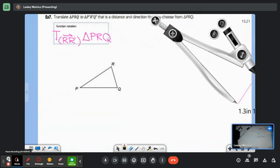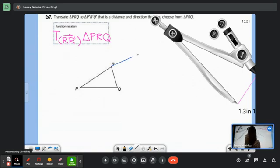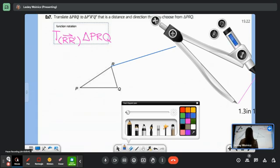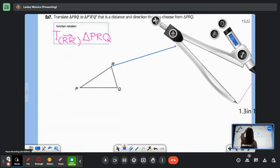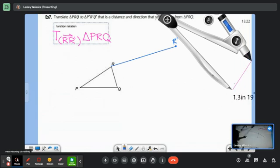So I am going to make my vector go off of R, and I'm going to kind of shoot up this way a little bit. That's fine. All right, I'm going to put my R prime up there. We're drawing in our vector. Okay, now I want to measure that vector